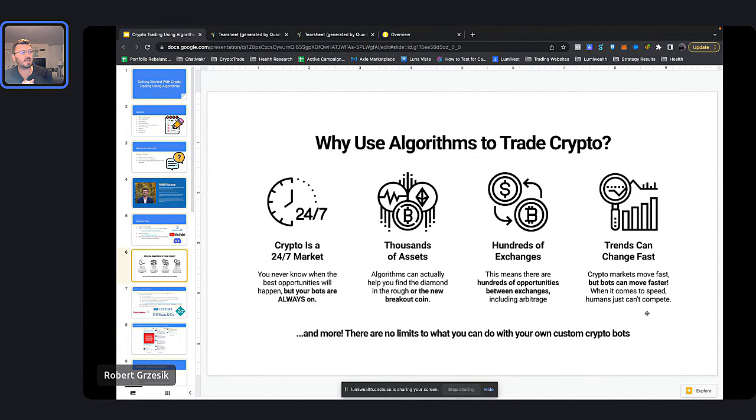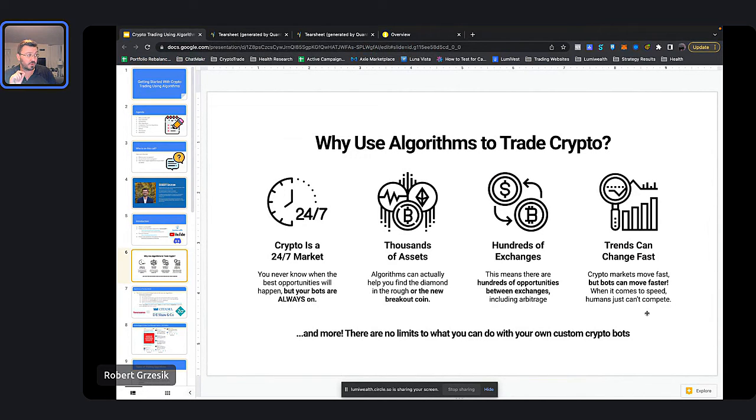So let's say you're trading some coin, right? Whatever your flavor of coin is, Dogecoin, Litecoin, Bitcoin, Ethereum, whatever it is you're trading. It's going to be very hard for you to step away from your computer and do anything, especially if you're using some sort of leverage and you're really trying to take advantage of small trades, small transactions. Trends can change really, really fast in crypto. A 5% down day in the stock market is like the world is ending. 5% down in crypto is just another Tuesday. You know what I mean? It's crazy how quickly things can move in the crypto world.